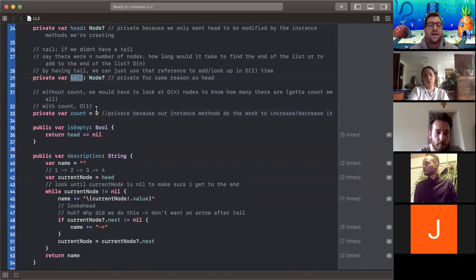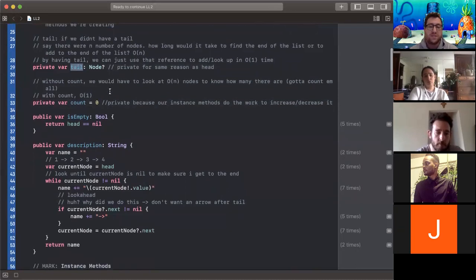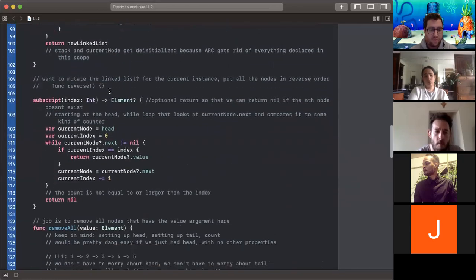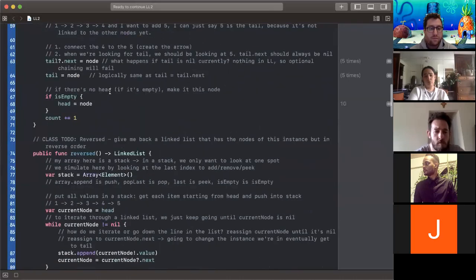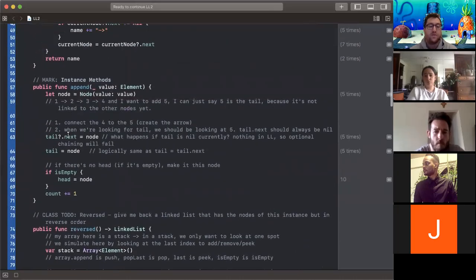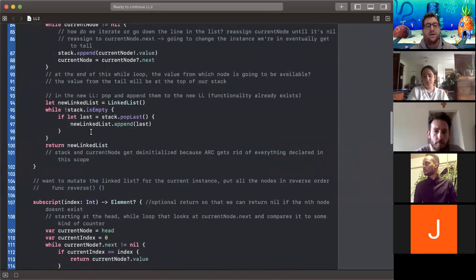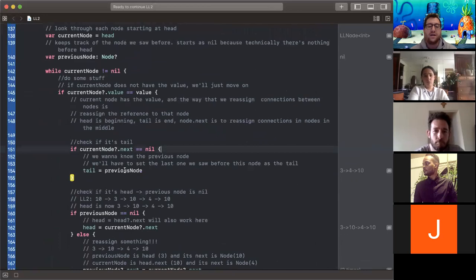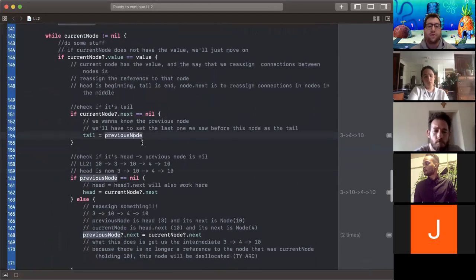But remember that tail is a reference to a specific node. And so we use tail in certain places, like, where's our tail at? Well, we use tail to append, right? And if, for example, in our remove all, we didn't reassign the value of tail here, tail would point to something no longer on our list. So if we look at this line 158, the linked list that we have there, if we never reassigned the node tail, then,